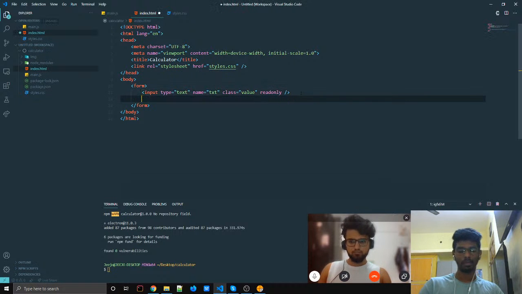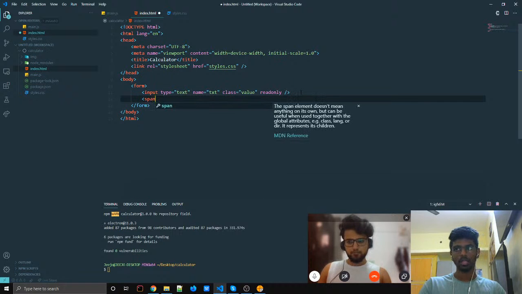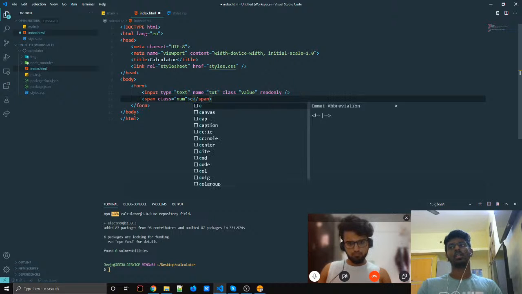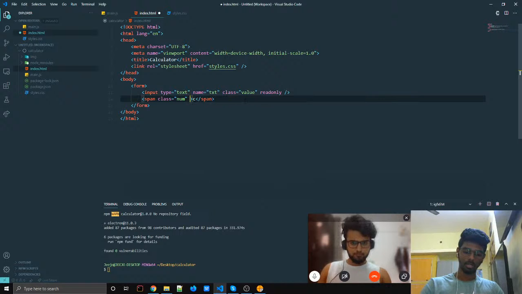Okay, so then I'm going to have a span tag with a class named num. After this, I'm going to give this thing C. Like this, I'm also going to add an event listener for this, which is called onclick. And when I click this, what I'm going to do is,